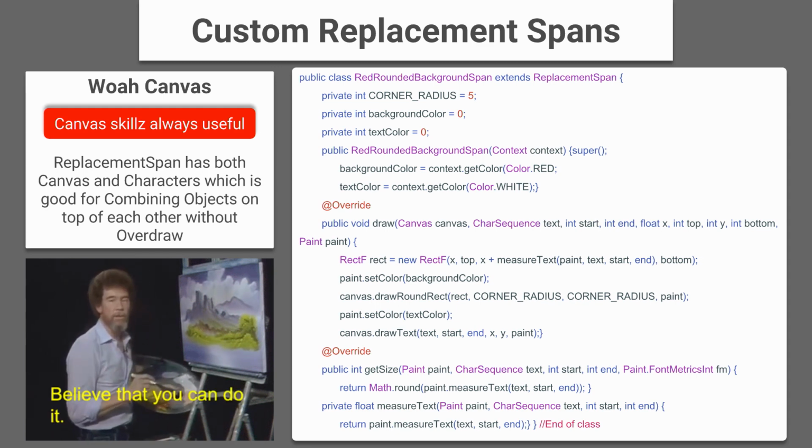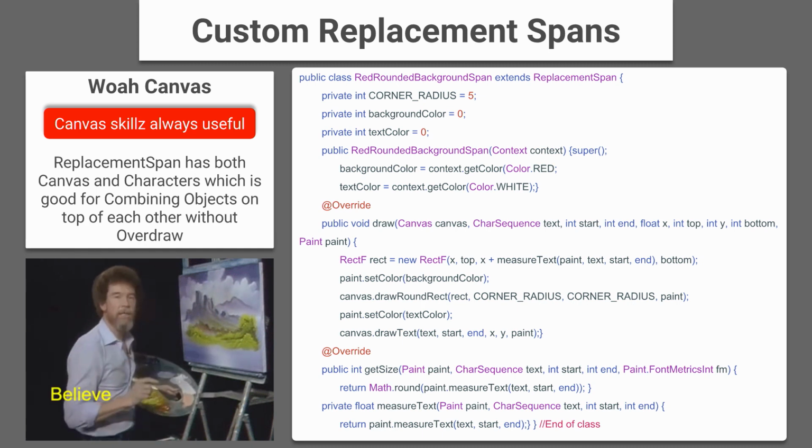I just put in a context just because, hey, I have some radius, I have some text color. Here, I'm actually declaring that I want that color to be white and the background to be red. You can also make it a custom constructor so that you could make that object be whatever you wanted it to be. But here, I'm actually just making my own canvas where I'm saying, okay, rectangle, very simple. I'm setting it to that red color. I'm just drawing that rectangle that I declared up here, and I'm giving it a corner radius because there's really